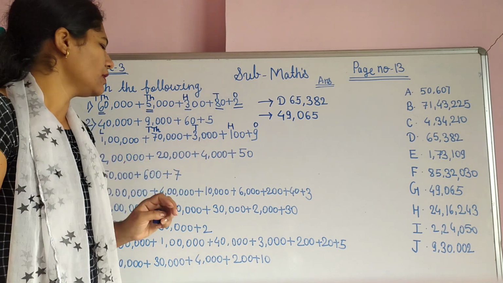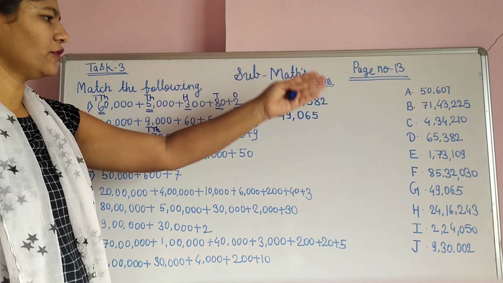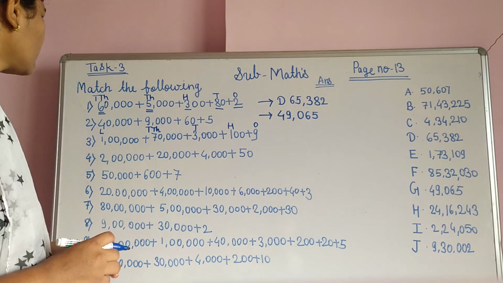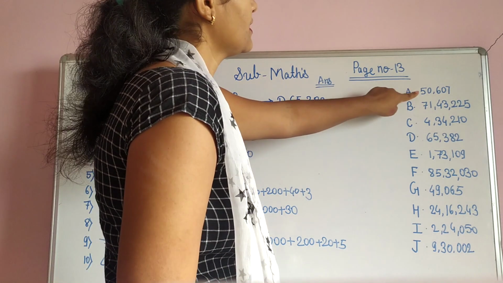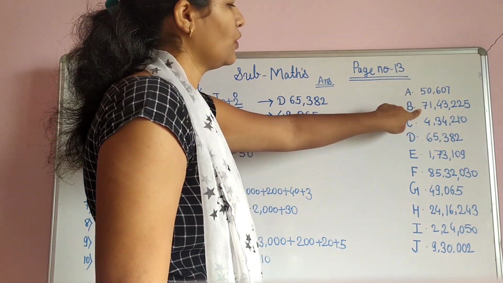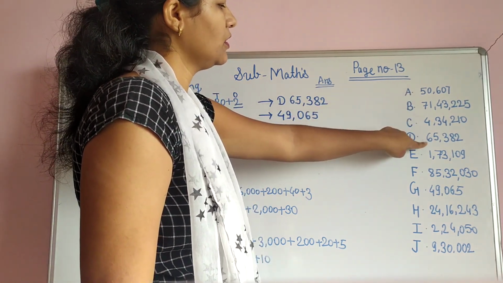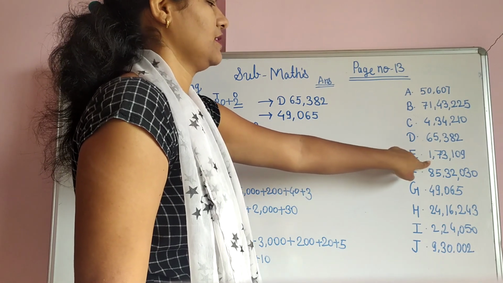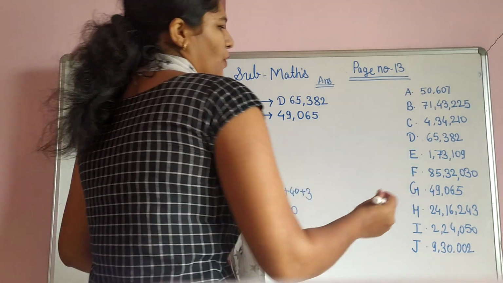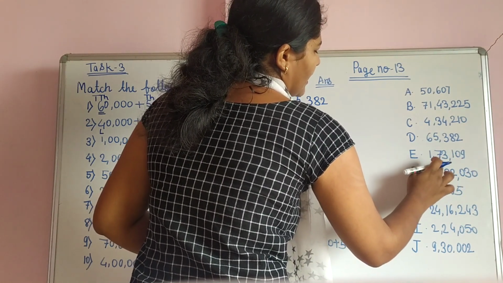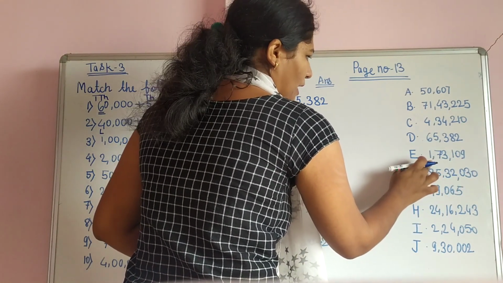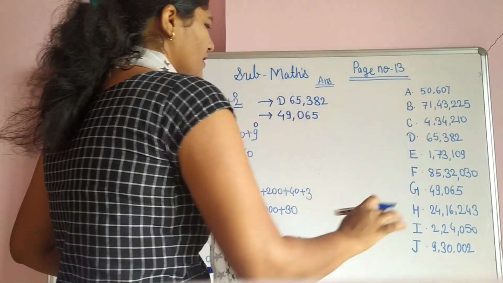It is a 0. So like this, we have to find this number from that column. We want 1 on a lakh place. Here it is there, no. Here also, no. Here, no. Here, no. Yes, here it is, 1 on a lakh place. See, ones place, tens place, 100 place, 1000 place, 10,000 place, and this is a lakh place. So the first digit is on a lakh place.